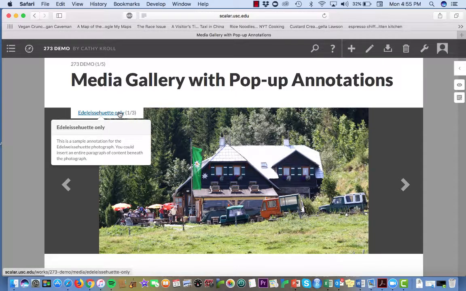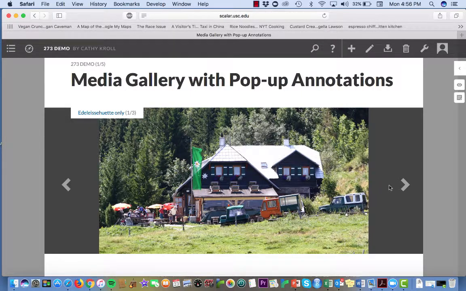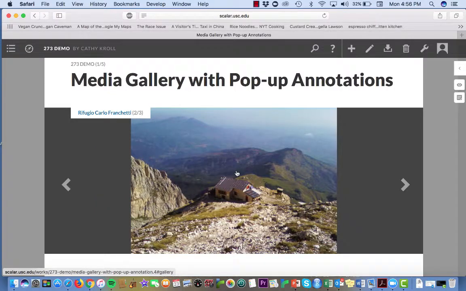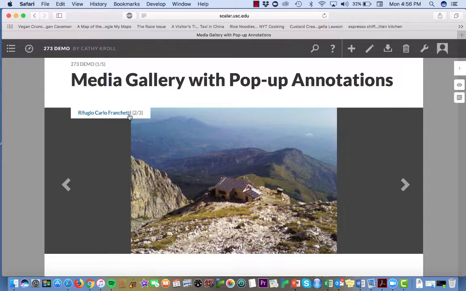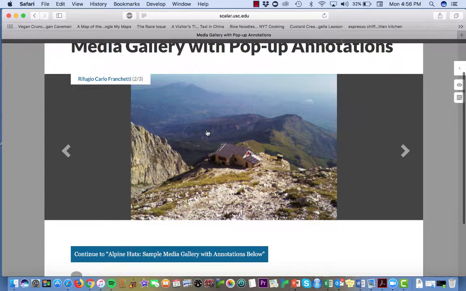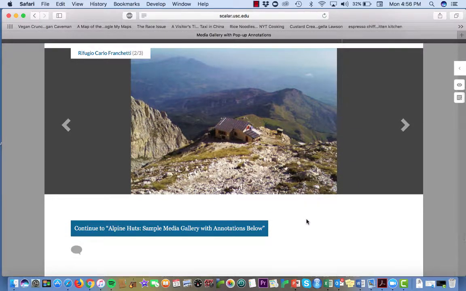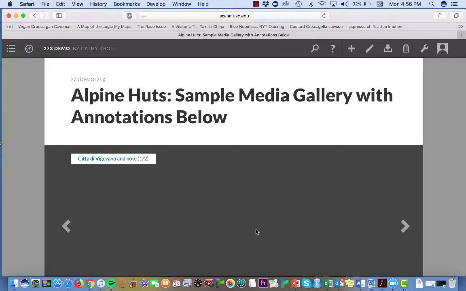Very easy to use. You could have this quite long. You could have a very, very long paragraph in your annotation. We'll look at that next time. This invites the reader to click through a series of images and your own analysis or your own annotations. Once readers have looked at that and appreciated your work there, you're prompting them to continue to the next segment,